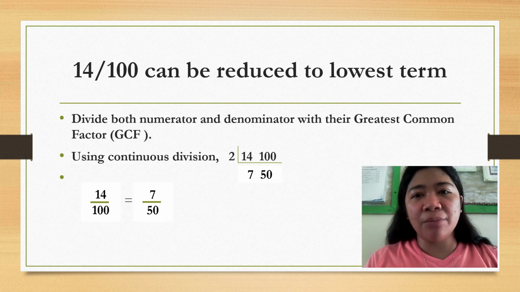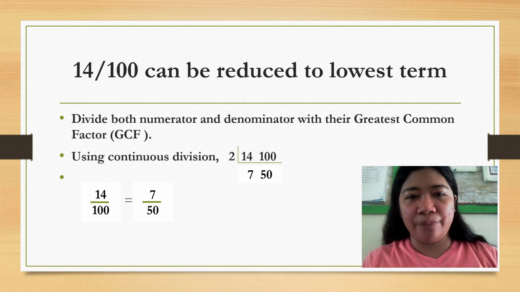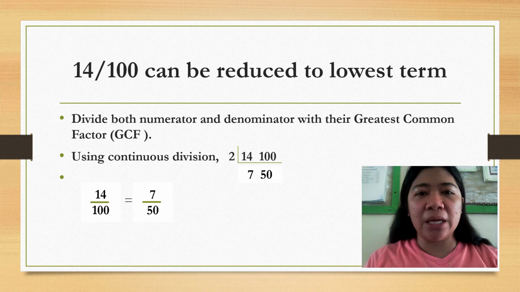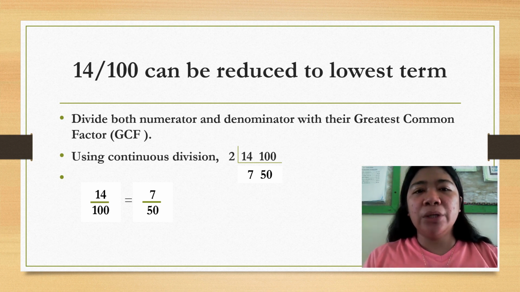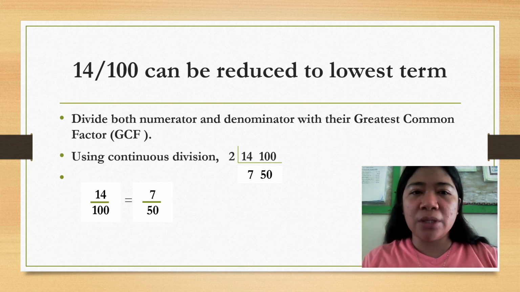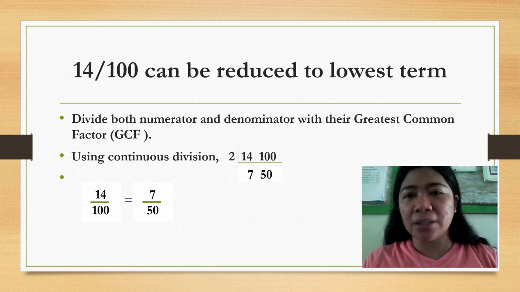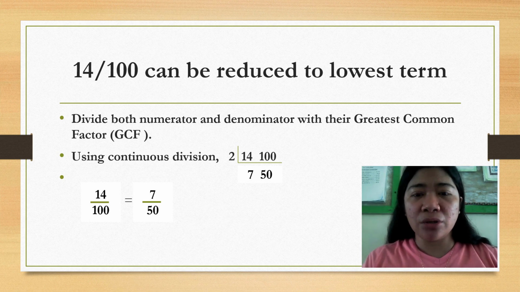14 hundredths can be reduced to lowest term. How are we going to do that? The 0.14, when changed to a fraction, becomes 14 hundredths. 14 is the numerator and 100 is the denominator. What we're going to do to reduce it to lowest term is to divide both the numerator and the denominator by their greatest common factor. So using continuous division,